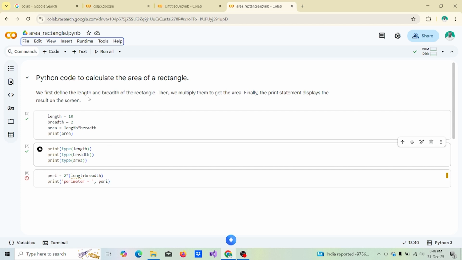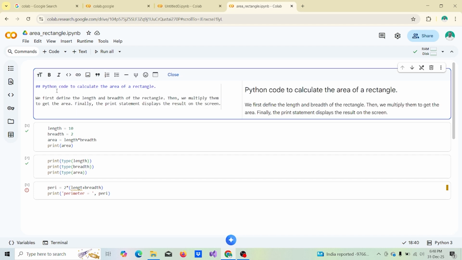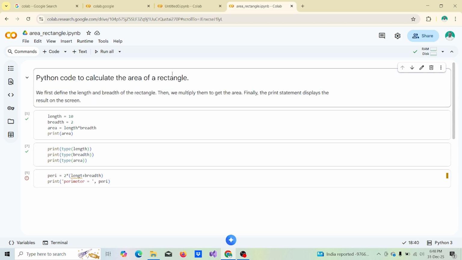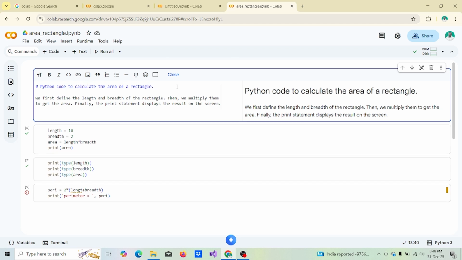Usually in Google Colab, you can have text also. This is a text. Here I have written Python code to calculate the area of the rectangle. So here we can give a description of the code. When I close this, you get the result. If I double click it, I can edit it. Suppose instead of 2 hash, if I put 1 hash, I'll have a big heading. You can see the size of the heading here. When I close it,